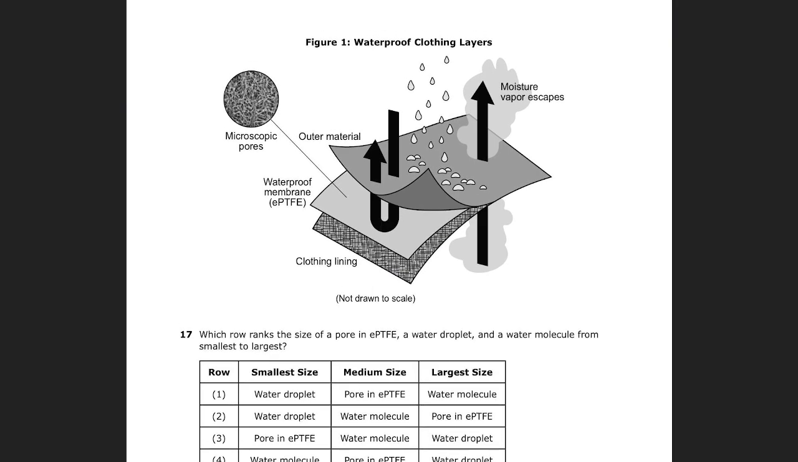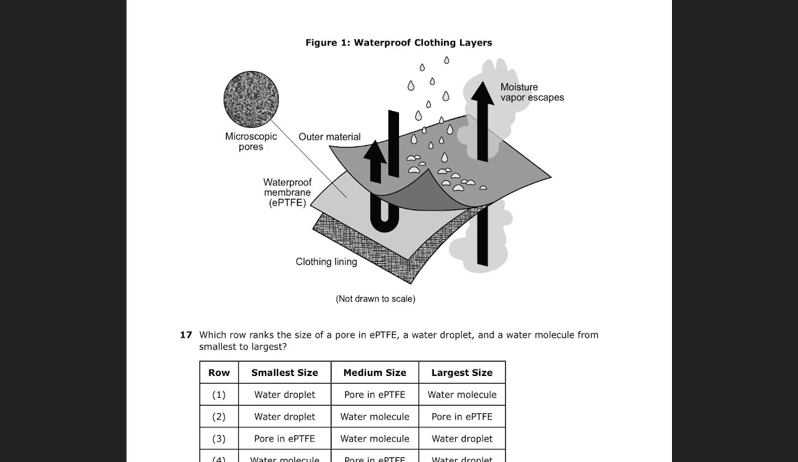Okay, then it asks you to rank which row ranks the size of a pore in ePTFE, a water droplet, and a water molecule from smallest to largest. Right, so this one, I think you really just have to use some reasoning. If you can remember back from your first lab, or actually it was my first lab, maybe it was not your first lab, where you were playing with the PTFE tape, you know that this is a polymer, which is